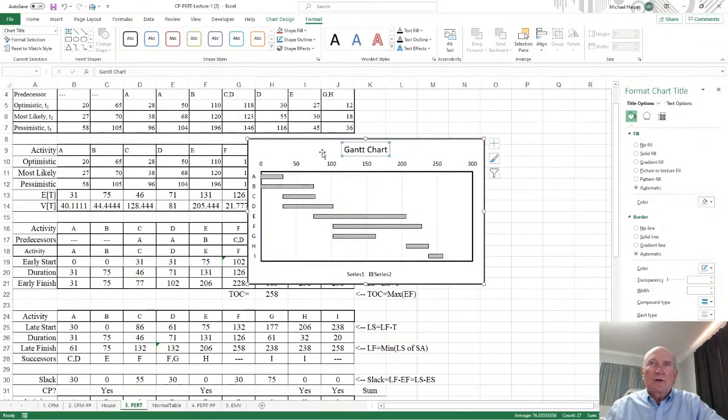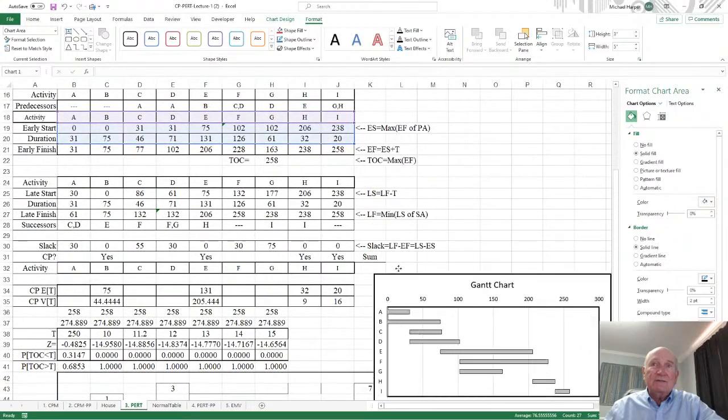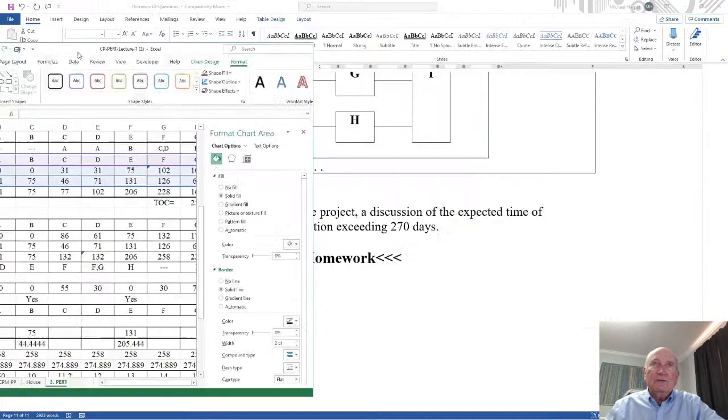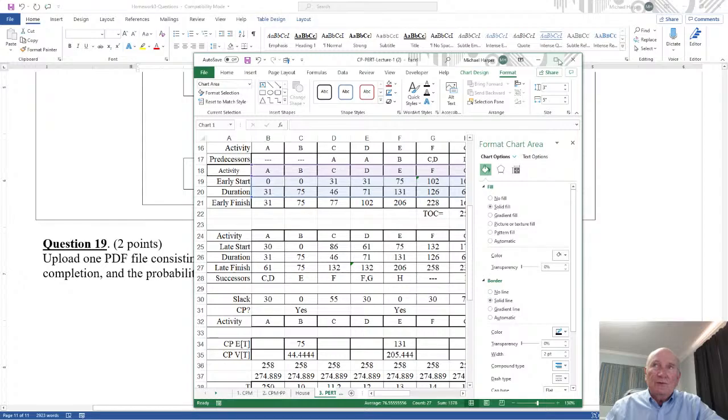Okay, so I'll be asking you to do more and more of this. Actually, I think I asked you to do this. I did ask you to do this. So that's how you do it. Gantt chart. Okay, so the way you do that, for those of you who are new to this,